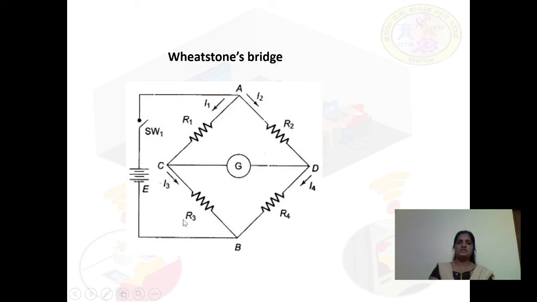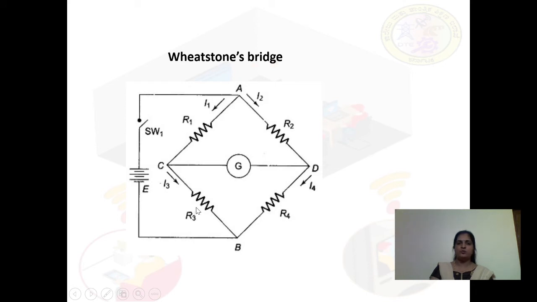Now, by balancing the bridge, or by maintaining the same potential difference between the adjacent arms, we have to maintain the same potential. The voltage across these adjacent arms must be the same. Then only will the bridge enter the balanced condition. So, by maintaining the same potential difference at the adjacent arms as well as the opposite junctions, we can balance the bridge. And here the condition is two ratio arms, one known standard value, and one more will be the unknown arm. And this unknown arm can be compared with the known standard value.